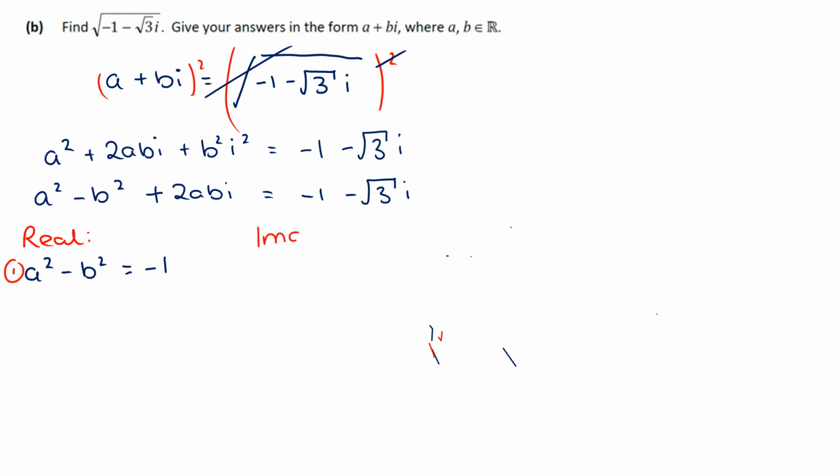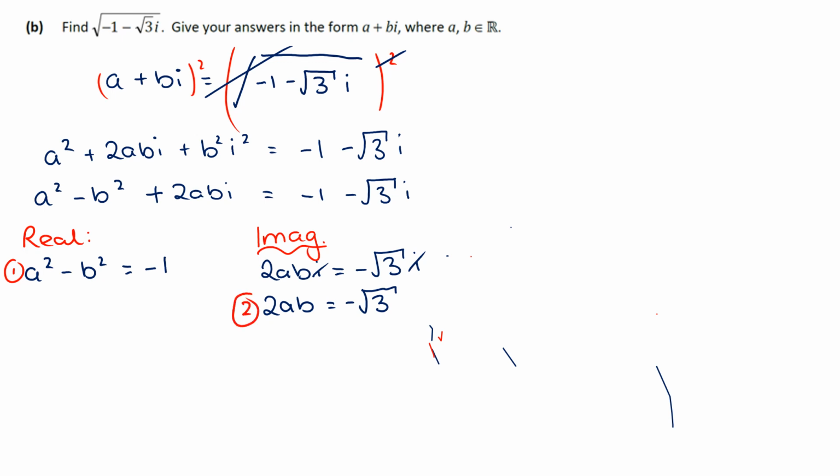And then if we look at the imaginary parts, we get 2abi is equal to minus root 3i. Ignoring those i's, we get 2ab is equal to minus root 3. So that's our second equation. So we have simultaneous equations, but it's linear, non-linear, so it's a little bit more complex. So what we want to do is isolate one of our terms. I'm going to isolate a. So I'm going to say a is minus root 3 all over 2b. And when I know that, I'm going to sub in,